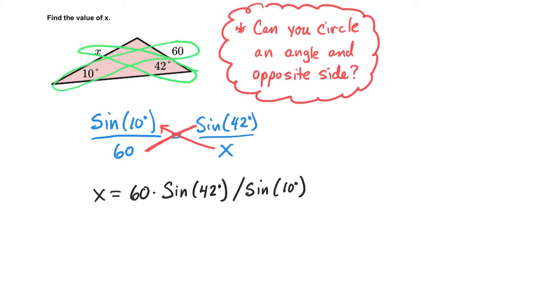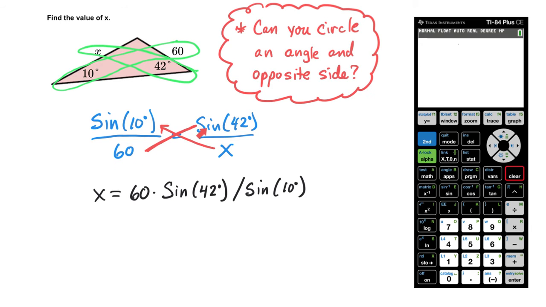So let's go over to our calculator and type that in. So we're going to take 60 times sine of 42. So over here, type in 60 times, and then sine of 42. So 42, and then close the parentheses. And then lastly, you'll notice we divide by what's across from your variable here, sine of 10 degrees. So I'll hit divide by sine of 10 degrees, and then do that all in one straight line. So it's written like this, and then just press enter, and you'll have your answer of